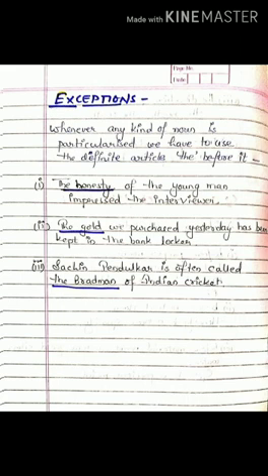Third point: Sachin Tendulkar is often called the Bradman of Indian cricket. Here we use the in front of Bradman, and Bradman is the name of a famous cricketer. Sir Donald Bradman was a great Australian cricketer. By putting the before Bradman, the proper noun has been turned into a common noun, meaning a great cricketer, a great player. Thus, the sentence means that Sachin is often considered to be a great cricketer like Bradman with respect to Indian cricket.